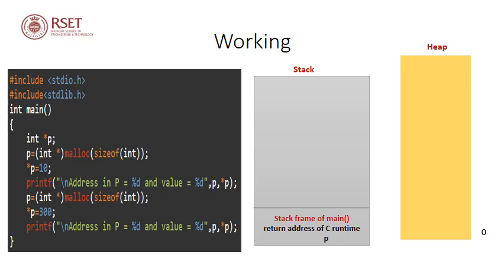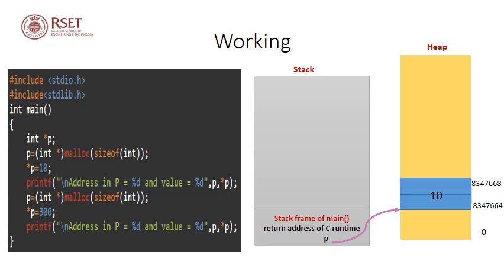When we execute the statement p equal to int star malloc size of int, we know that 4 bytes of memory will get allocated to pointer p. So that is illustrated here. From the heap, malloc will dynamically allocate 4 bytes of memory and p will point to the starting address 8347664. And when we execute the statement star of p equal to 10, the value 10 will be assigned in this memory location.